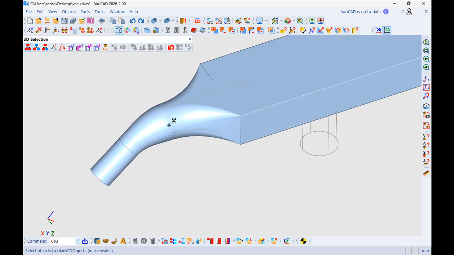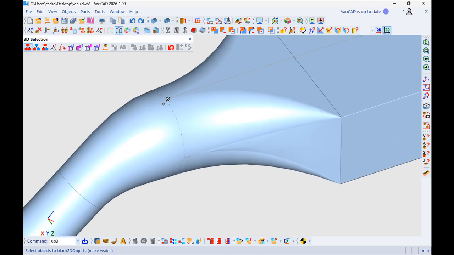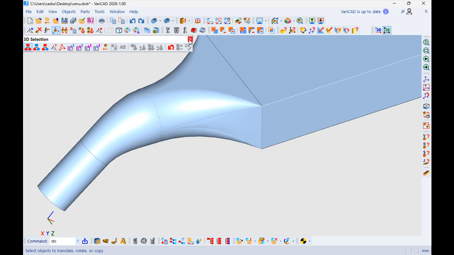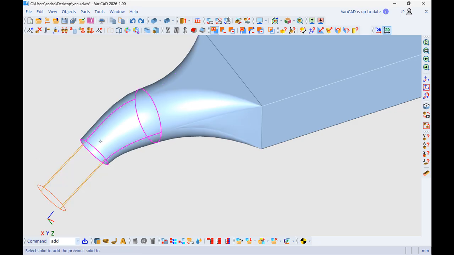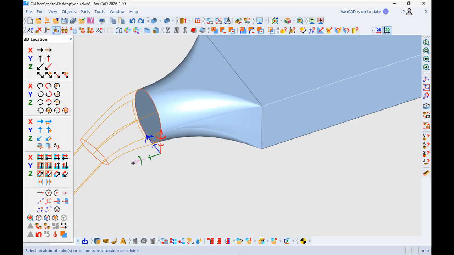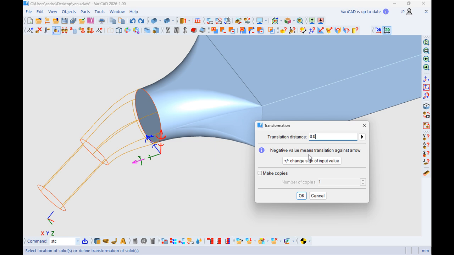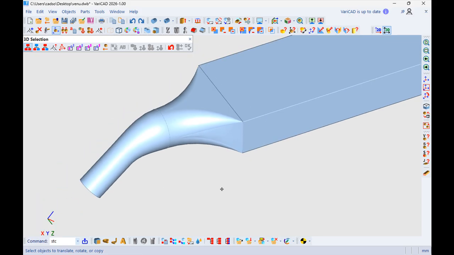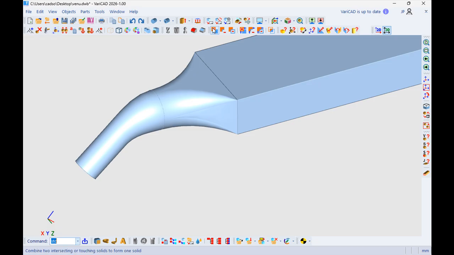Probably I have a very small mistake of not correctly aligning this side with this side. So I will move, or first I can join this and this. And now I will move this guy here just this very small distance, but it's enough probably to correct the small misalignment.